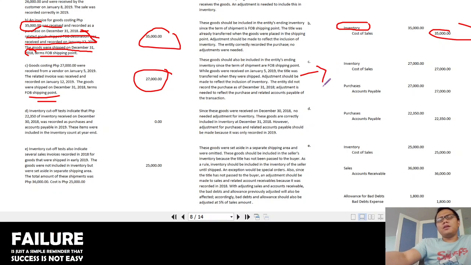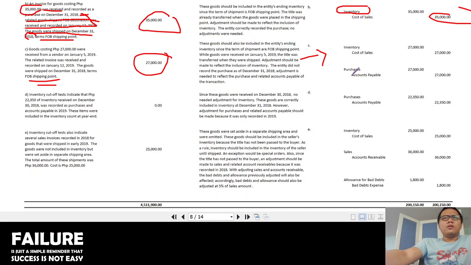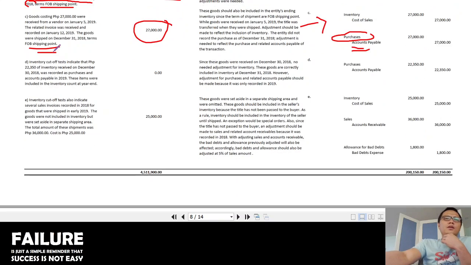So the adjustment is, because number 1, hindi siya na-include na dapat i-include natin, debit inventory, credit cost of sales. Number 2, because hindi siya na-include as purchases in 2018, where in fact, it was recorded in 2019, we need to make the adjustment na i-recognize siya as purchases in 2018, credit the accounts payable. Okay? So next,